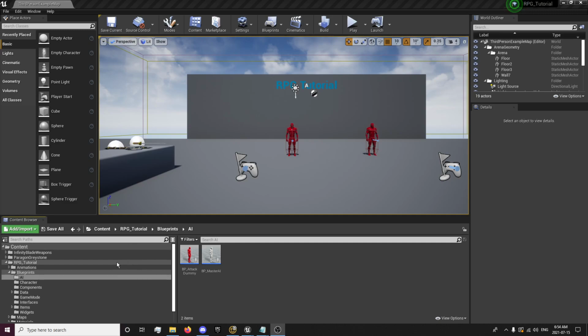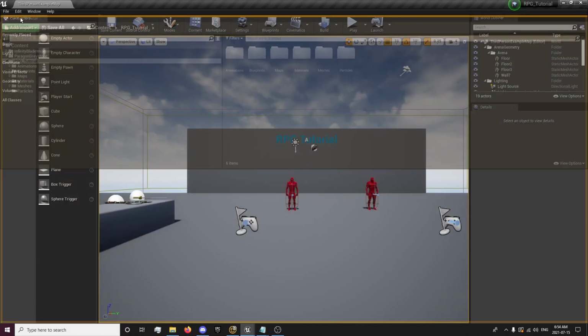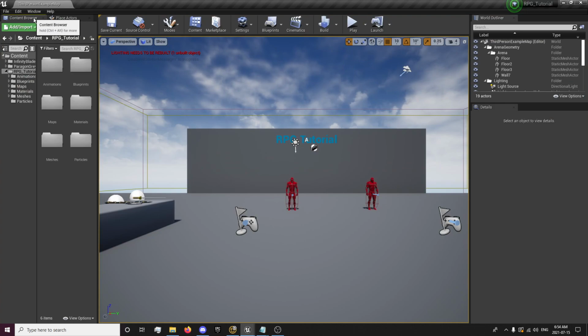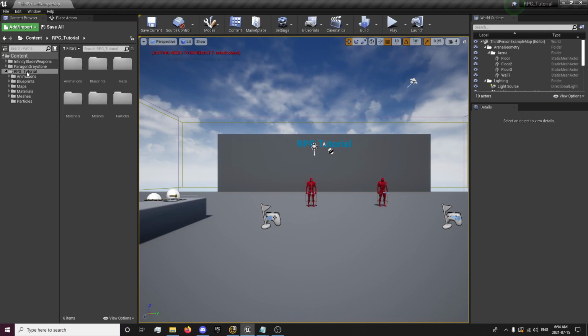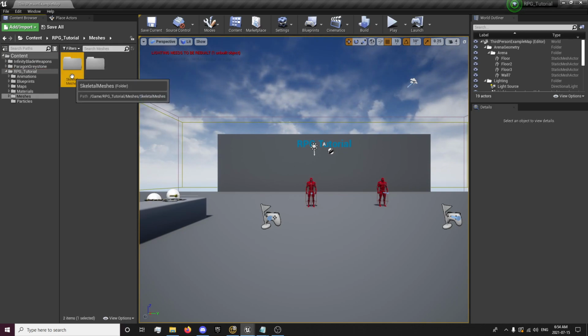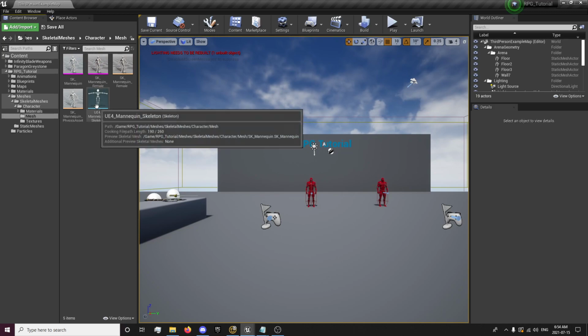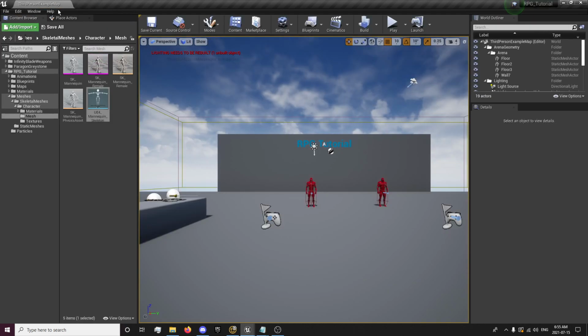The first thing we are going to do is close that up. Notice that my content folder actually moved down there for some reason, so I'm just going to reorganize that. We want to set the slot on our mesh, so we want to go to our skeletal mesh, character mesh, UE4 mannequin, and I'm actually going to quickly